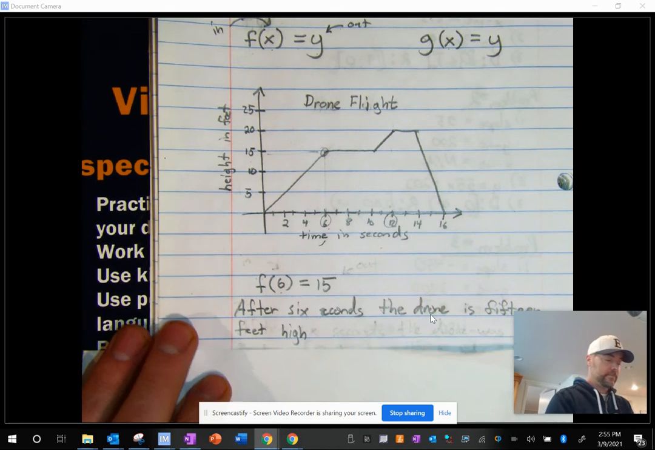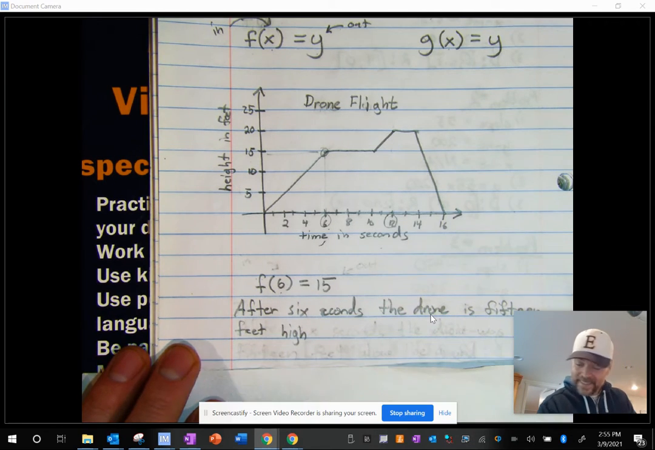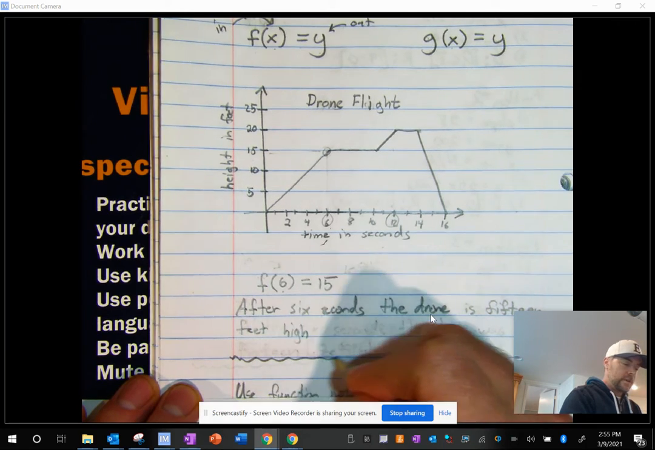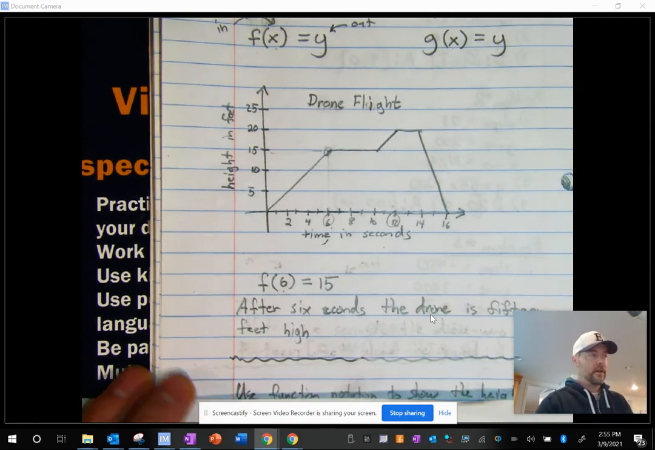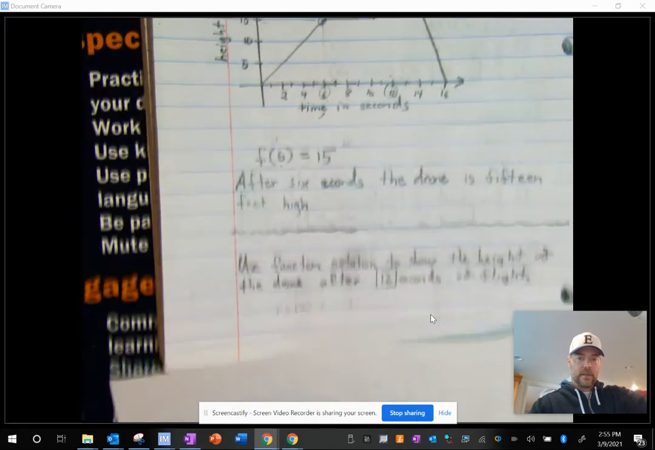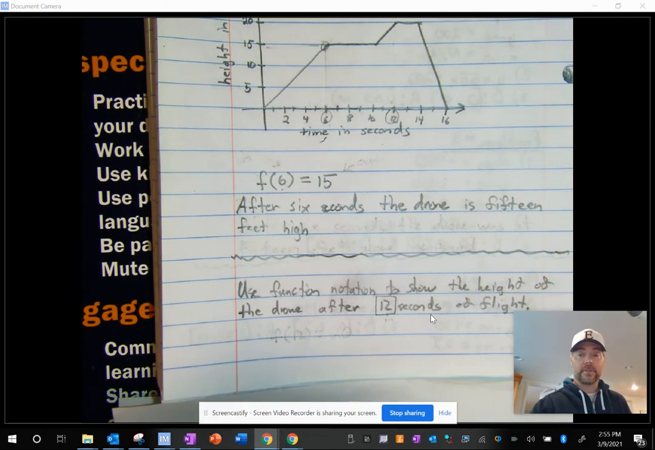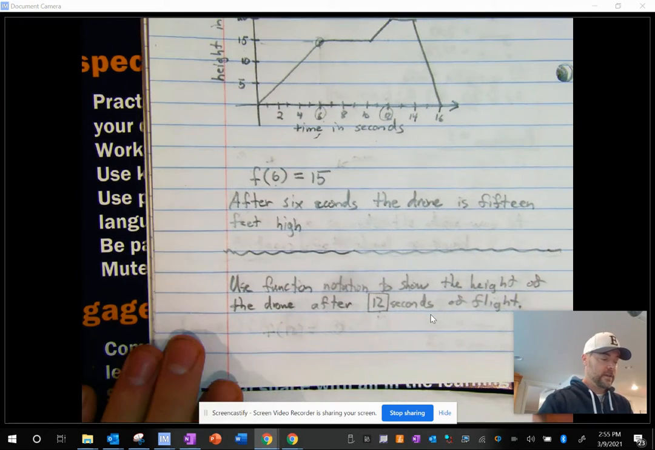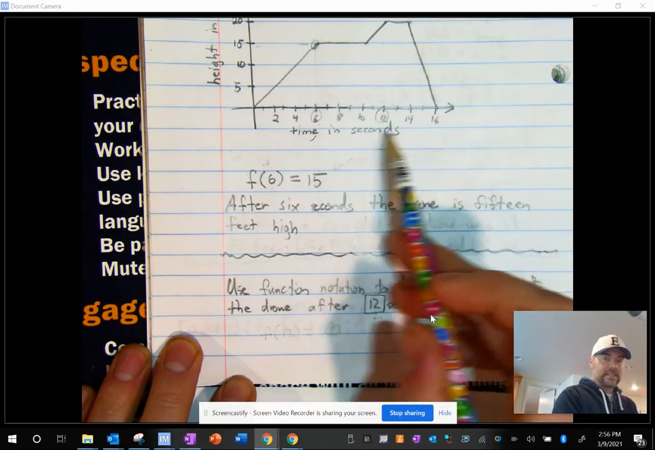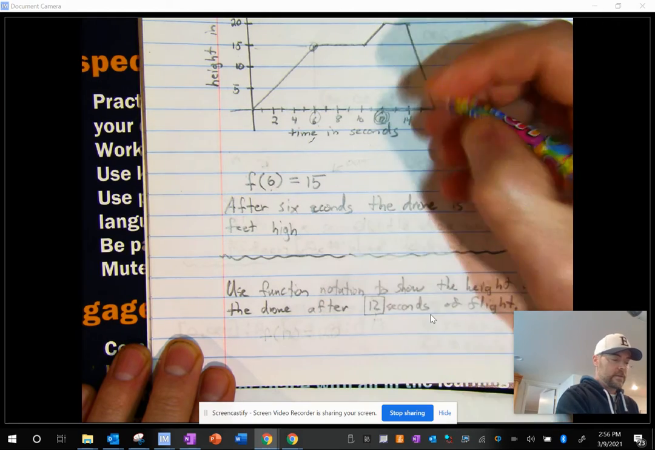The other way is I'm going to give you a sentence and say, write it using function notation. So let's make a little break in our page here. And underneath that, I have written a little expression. It says, use function notation to show the height of the drone after 12 seconds of flight. So 12 seconds go by, how high is the drone? We can easily see that on the graph. At 12 seconds, right here, the drone is